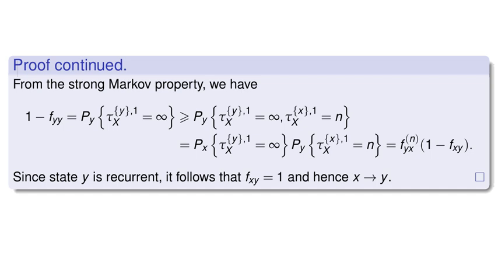Continuing the proof, from the strong Markov property, we have that 1 minus f_yy, which is the probability starting at y, P_y, that the first return time to y, tau^{set y,1}, is infinity, is greater than or equal to the probability P_y that tau^{set y,1} is infinity and tau